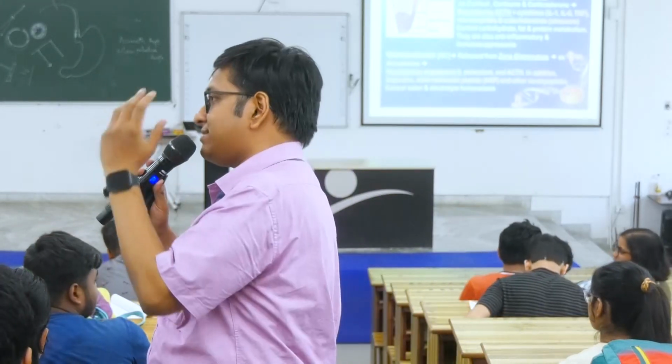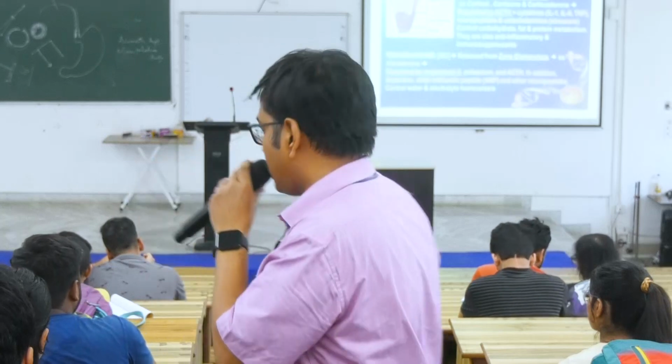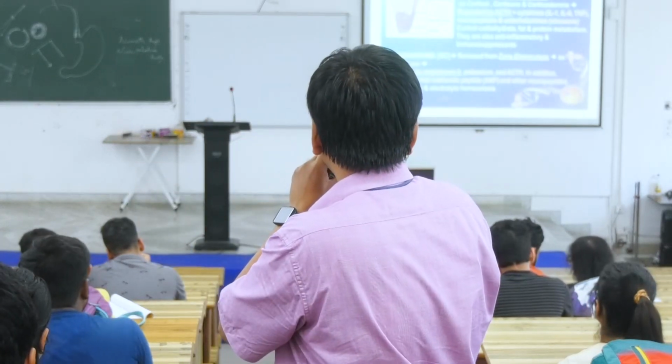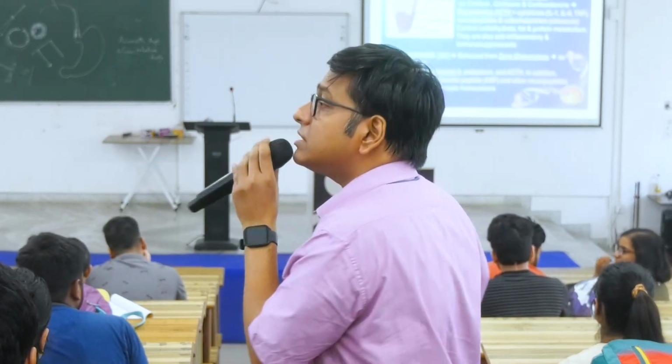Aldosterone, you said ACTH regulates it, that is wrong. Aldosterone secretion is regulated by angiotensin 2. Renin secreted from liver, converted to angiotensinogen. Okay, that angiotensinogen is converted to, I'm sorry,